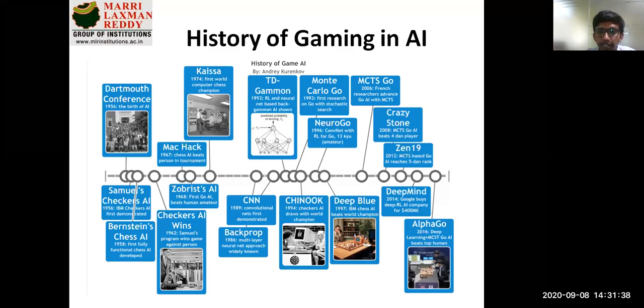In 1993, you can see Monte Carlo Go, the first research on Go with stochastic search. While explaining the hill climbing algorithm, we heard this term stochastic search. With respect to hill climbing, there are four types of searching mechanisms, and stochastic search was one important type. That was the concept applied to this game in 1993. Again in 1996, there was improvement in this game. NeuroGo was one important concept developed by someone else with respect to convolutional neural networks. That was the theme behind it.